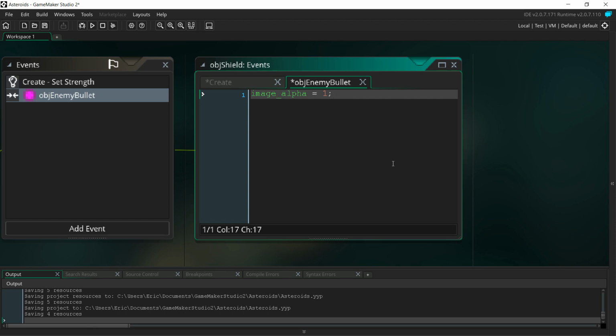And if it gets hit by an enemy bullet, it's going to reduce the strength by 25 points or 25%. Oops, I got to go minus equals, sorry. Minus equals 25. So if it gets hit by a bullet, it loses 25% of its strength. That means it can take four hits from the enemy bullet before it gets destroyed. Then we want to destroy the enemy bullet. If we don't destroy it, it's just going to keep pounding it and it'll just bore through it and destroy it. So we want to